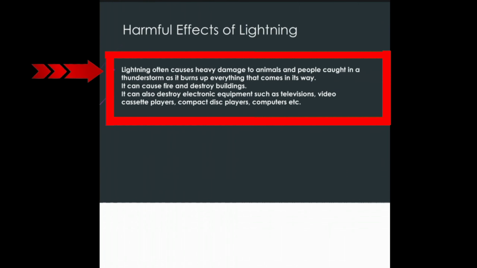Harmful effects of lightning. Lightning often causes heavy damage to animals and people caught in a thunderstorm, as it burns up everything that comes its way. It can cause fire and destroy buildings. It can also destroy electronic equipment such as television, video cassette players, compact disc players, computers